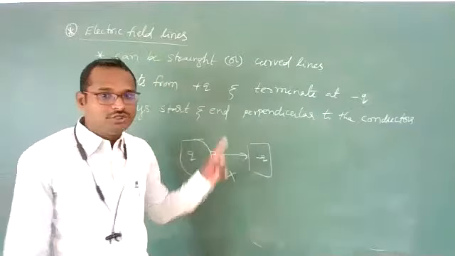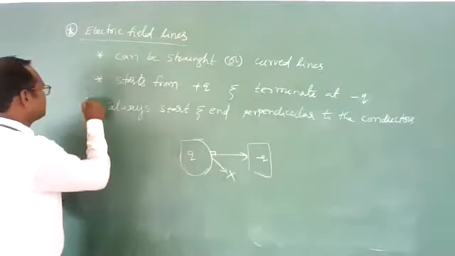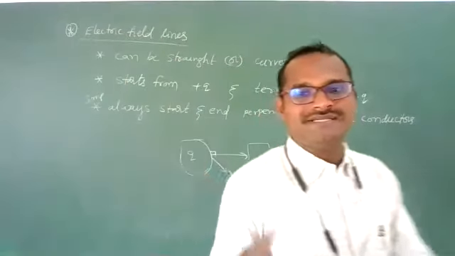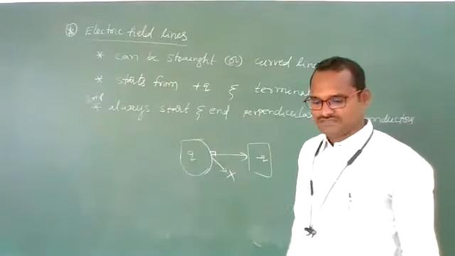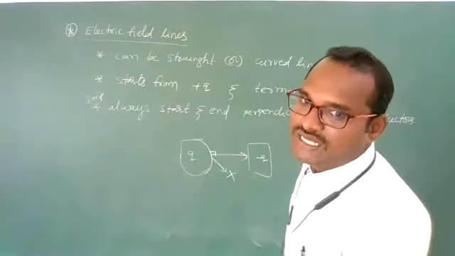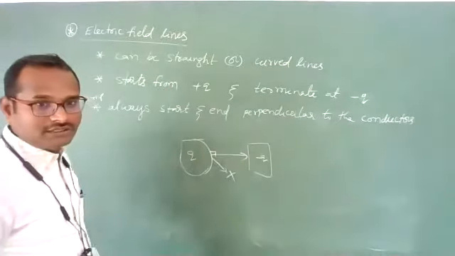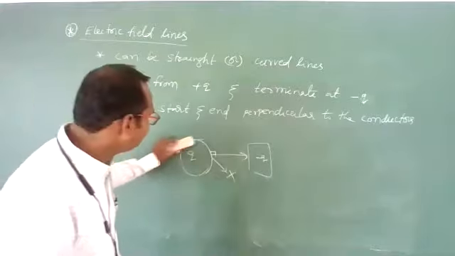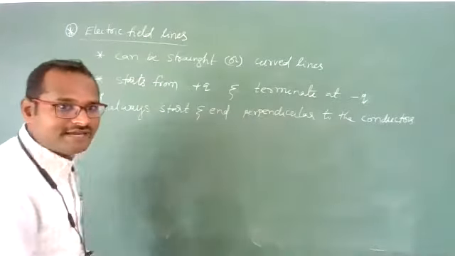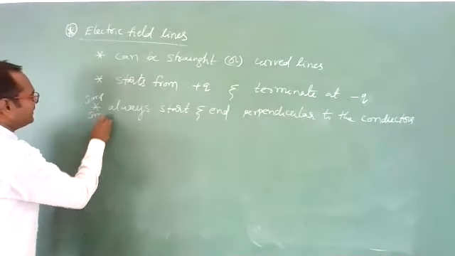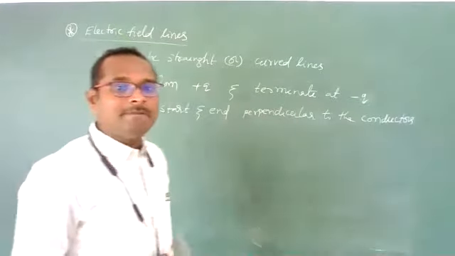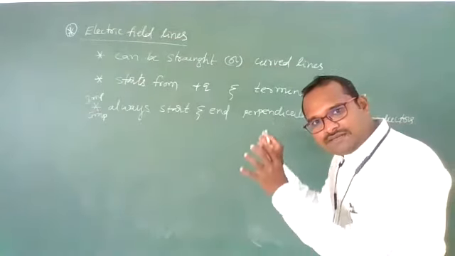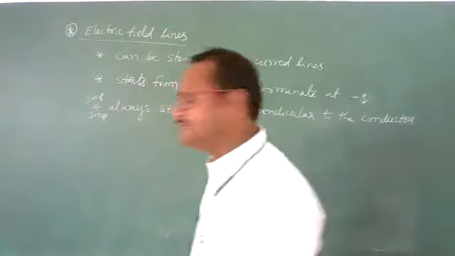Very important point. I will discuss this in the next chapter. Always, electric field lines start and terminate perpendicular to the surface of the conductors. Clear? Why, sir? We will discuss that later. It is an important point. They may ask you a question on this: why do electric field lines always start and end perpendicular to the surface? I will discuss that later. Let us now discuss the properties of electric field lines.